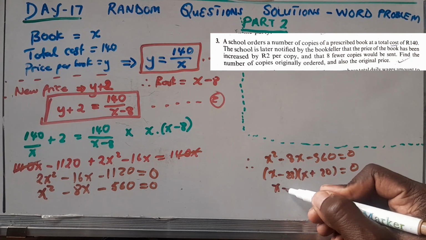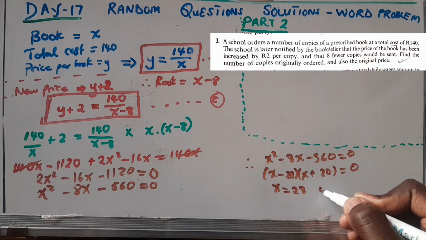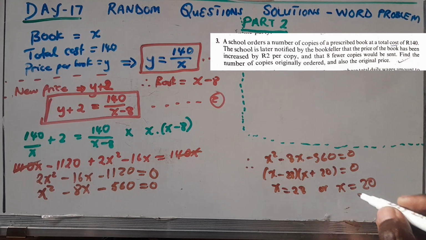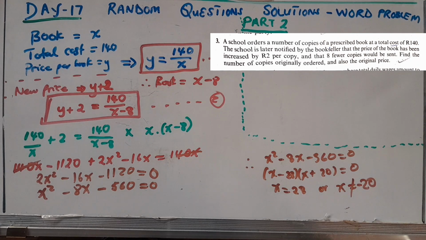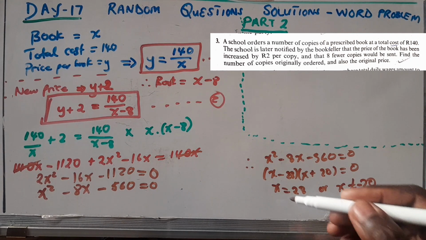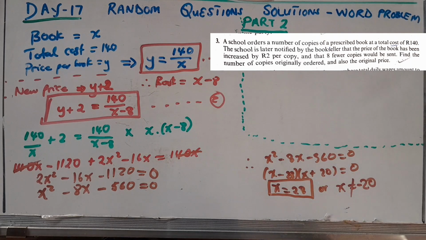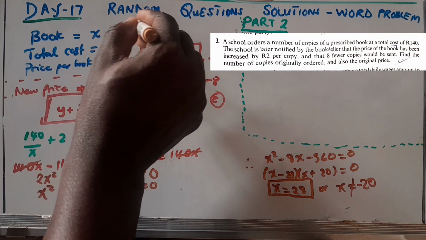So it means that our x will be equal to 28, or our x will be equal to negative 20. This one, we cannot have a negative number of copies, but a positive one. So it means that originally the school ordered 28